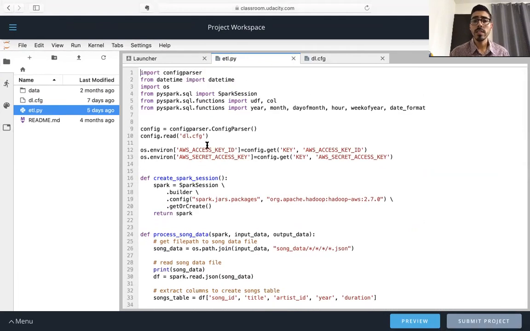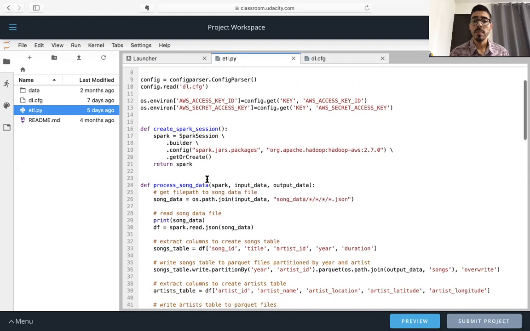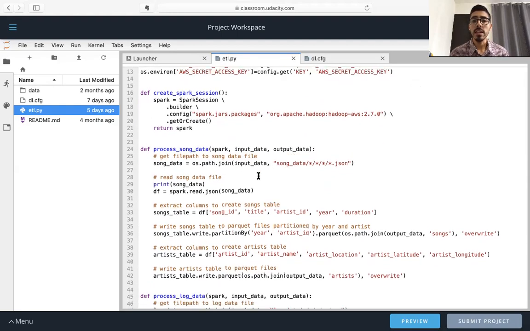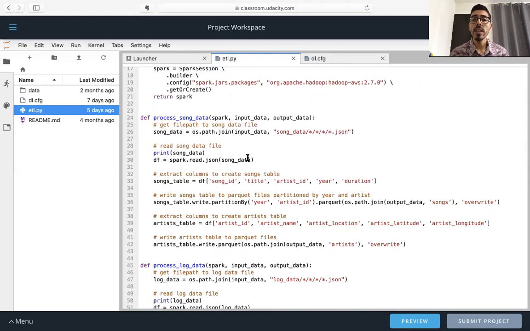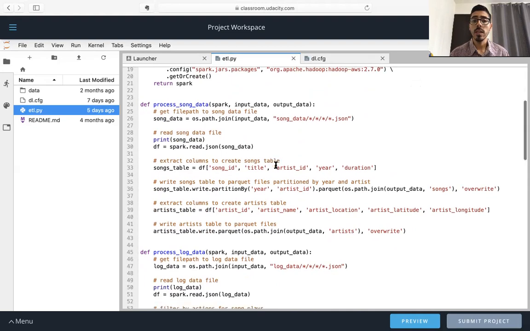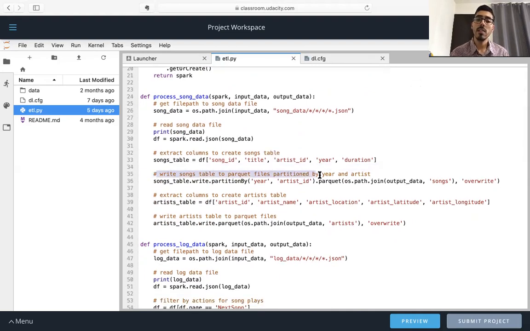Now we start with setting up the config just to get your credentials from the other document, the DL document. Then we create the session, and we are trying to get the files from the S3, which is where they reside, and we are reading those files into one data frame. We are selecting certain columns from that data frame to create a table that we would like to create, and then we find our topic for today's webinar, which says write songs table to Parquet files, partition by year and